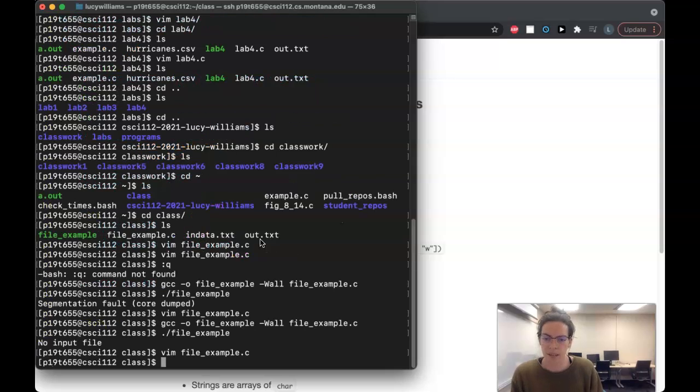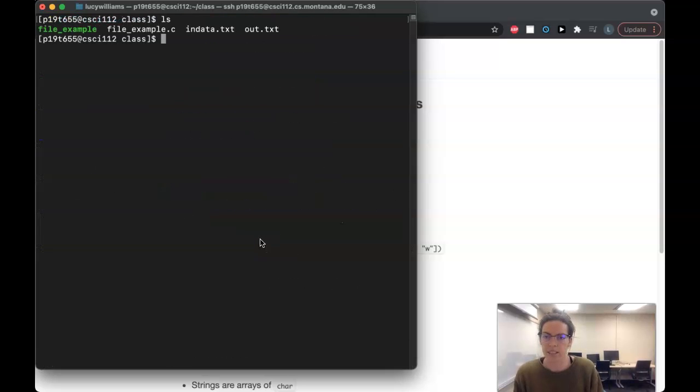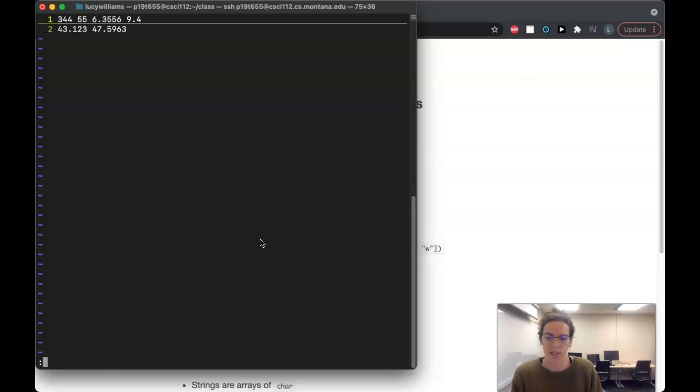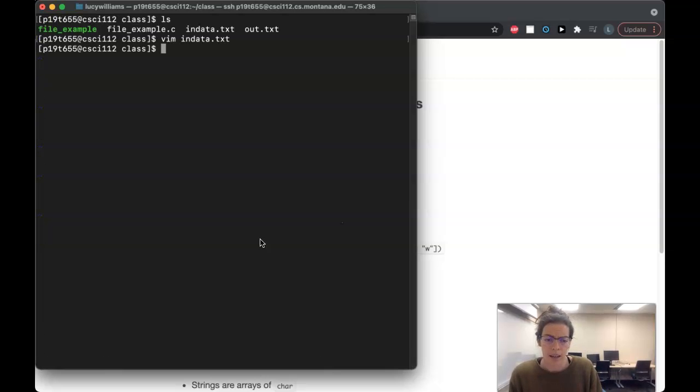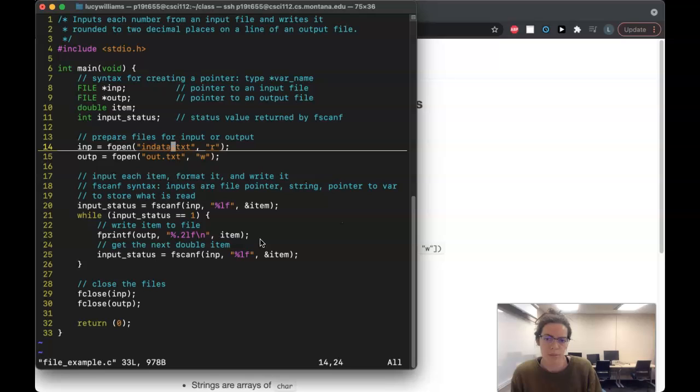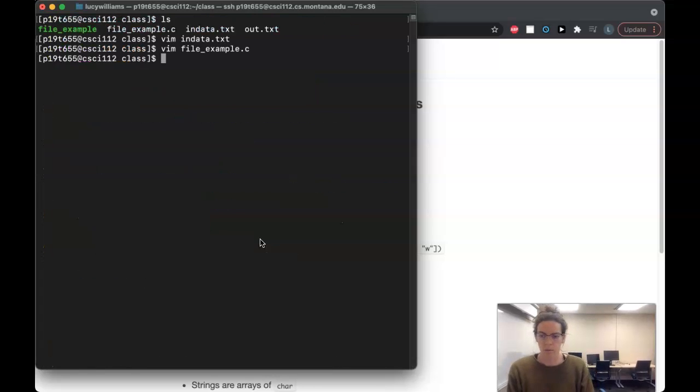But maybe I'll quit out of this, and we see that we do have our indata.txt file here, and it's got our numbers in it. But if I delete this file, or if I maybe just put in the wrong name, maybe I call it indata2, so now when we try to assign this file pointer, there's not going to be a file for it to read. And so what's going to happen, let's compile this and we'll see,